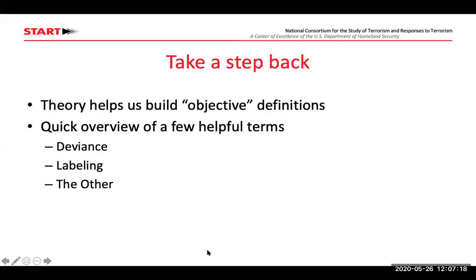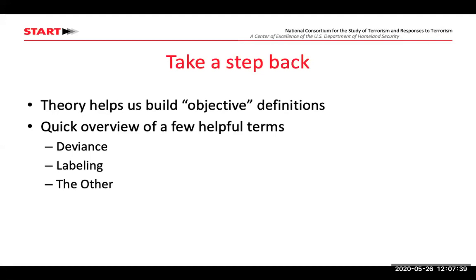So we have to take a step back. We can't just jump straight in and define terrorism. We have to build the theory. We have to understand what the theoretical underpinnings of what we're doing are in trying to build an objective definition. So I'm going to, over a few slides, give an overview of deviance, labeling, and